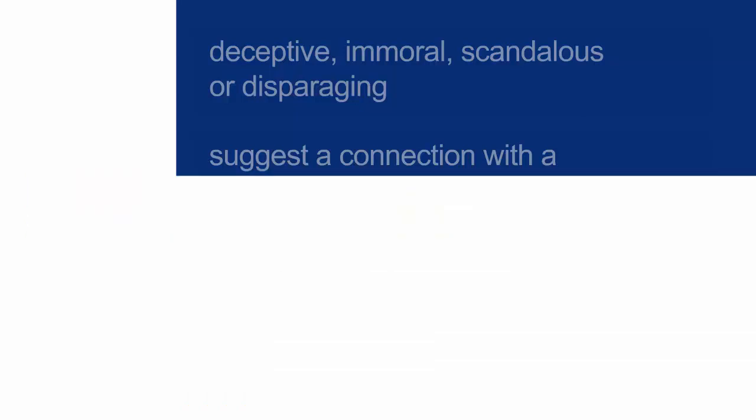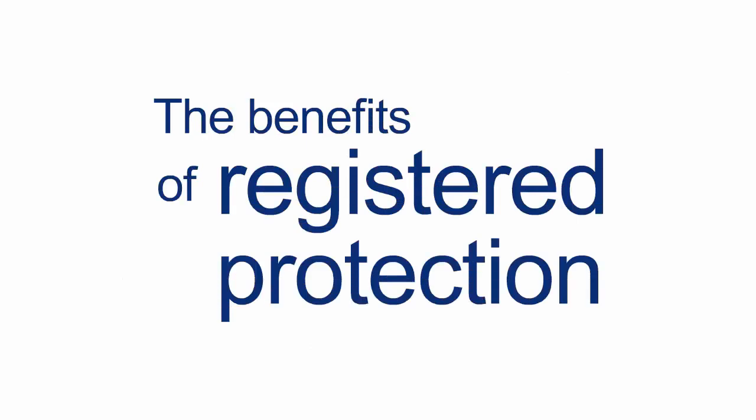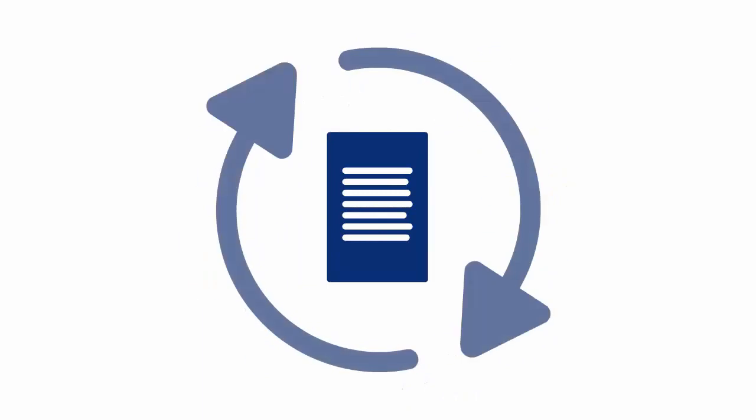The exceptions that we have discussed in this installment, both in the UK and US, do not cover where the potential trademark conflicts with any other trademark that already appears on the register. However, earlier rights owned by another business or person can also be a common obstacle to trademark registration. Now that you know what brands can and cannot be protected by registered trademarks, the question is, why seek registered protection? The benefits of seeking registered protection include: subject to certain conditions, including proving use and paying renewal fees, registered